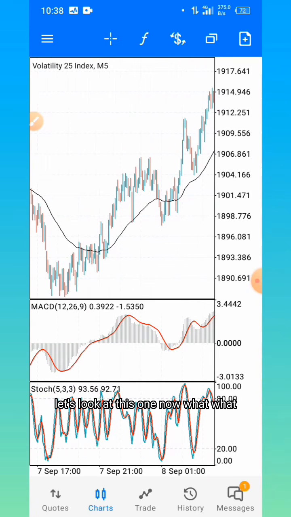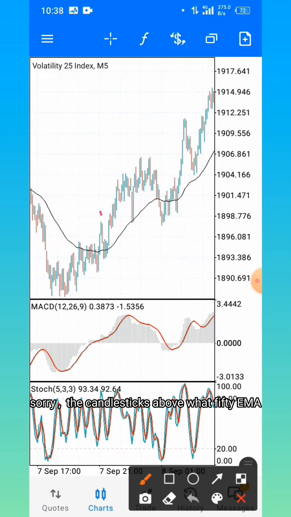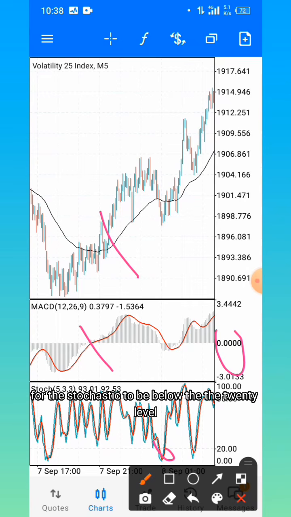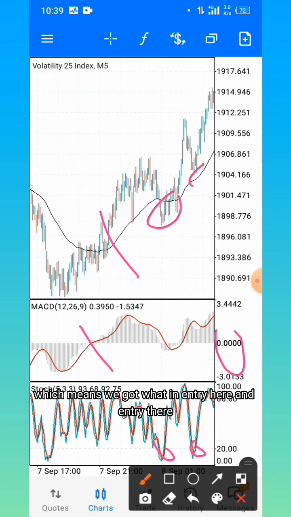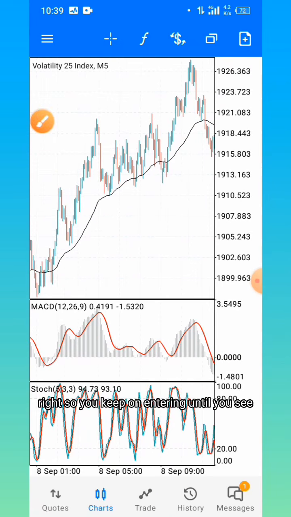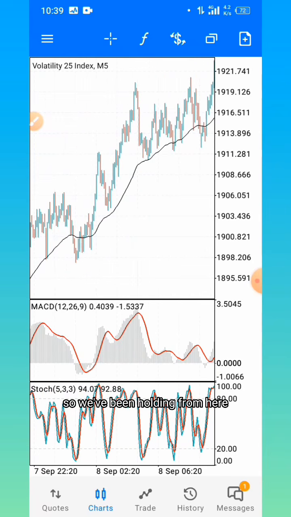Let's look at this one now. We've got candlesticks above the 50 level. MACD histogram above the 0 level. Now we're only waiting for the stochastic to be below the 20 level. Which means we've got an entry here, an entry there. So you keep on entering until, see, we've been holding from here